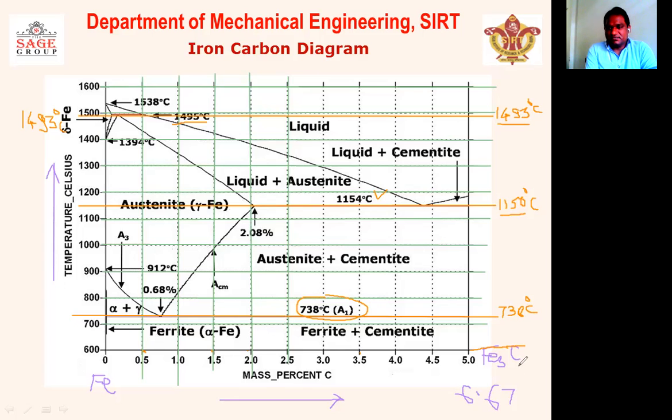And on the third line that is being drawn, we will get the eutectoid reactions. So all three reactions will take place on these lines. Now the next step: you have to mark some points on these lines. First, you have to mark a point on the first line. I am going to start from bottom to top.